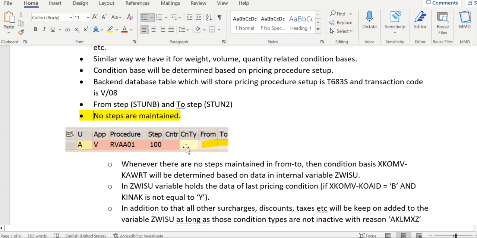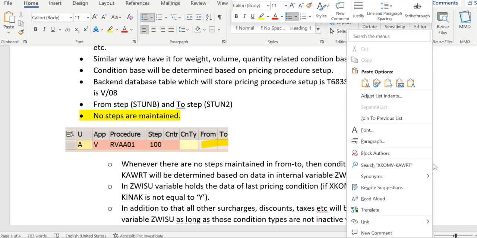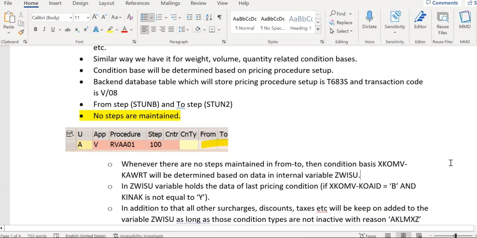If you see here, for example, we are now at step number 100, and there is no step number maintained here in the From and To columns. In this case, ZWISU will be determined before this step, before step 100. Those values will be determined and updated in the variable XKOMV-KAWRT. And one more thing that we need to remember is that for the base price KOAID is equal to